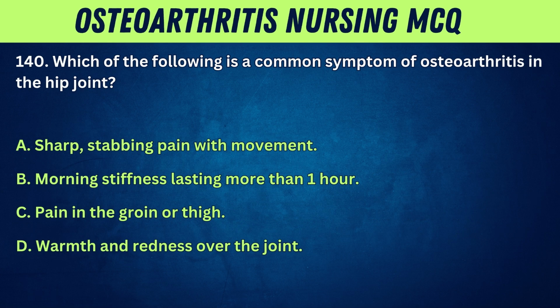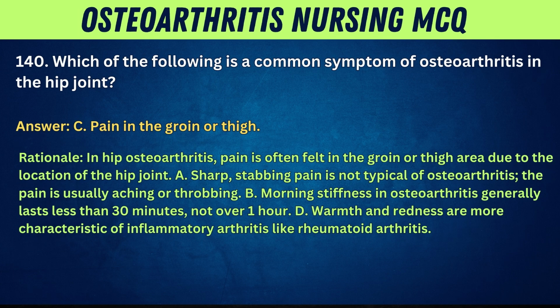140. Which of the following is a common symptom of osteoarthritis in the hip joint? A. Sharp, stabbing pain with movement. B. Morning stiffness lasting more than 1 hour. C. Pain in the groin or thigh. D. Warmth and redness over the joint. Answer: C. Pain in the groin or thigh. Rationale: in hip osteoarthritis, pain is often felt in the groin or thigh area due to the location of the